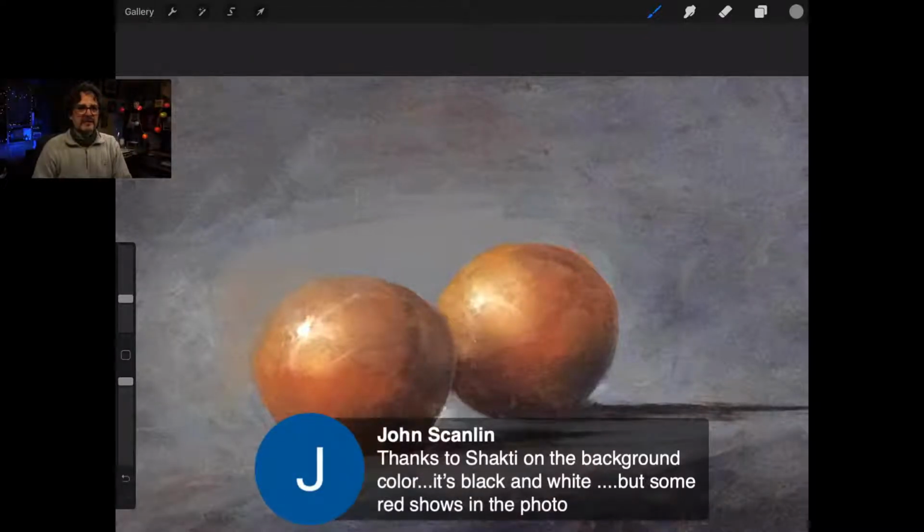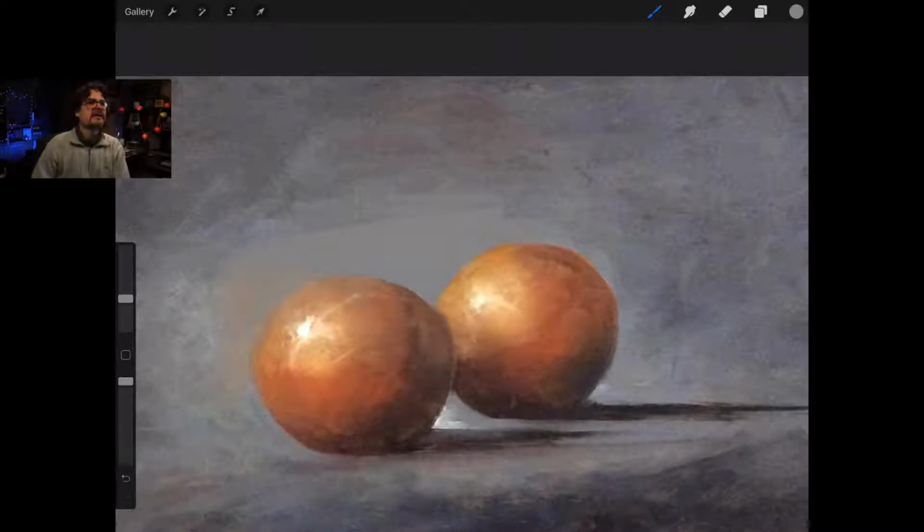So the background is black and white, but she said red is showing in the photo. Okay, so that's good to know. Again, the photos don't always come out true. So take everything I'm saying with the point I'm making, right? If your painting doesn't look like what I'm working on, don't go do exactly what I do. You'll have to adjust it for your thing.